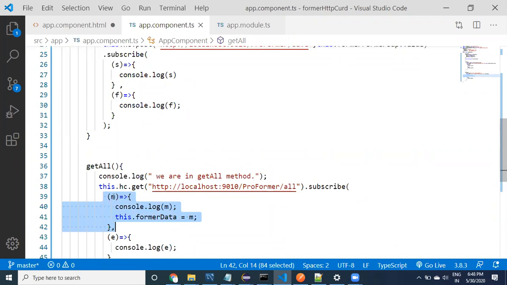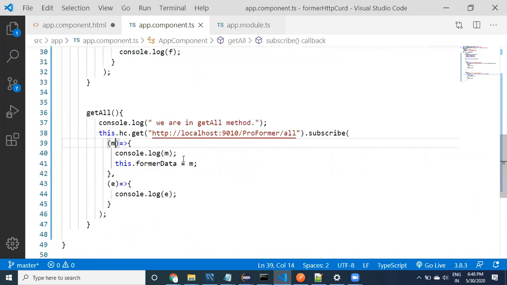This value cannot be used outside of this method, and cannot be used in the HTML either. So whatever value is available in it, we want to set into the property. A property can be accessed wherever you want, even in the HTML also. That is the whole idea of assigning the value to this particular property.